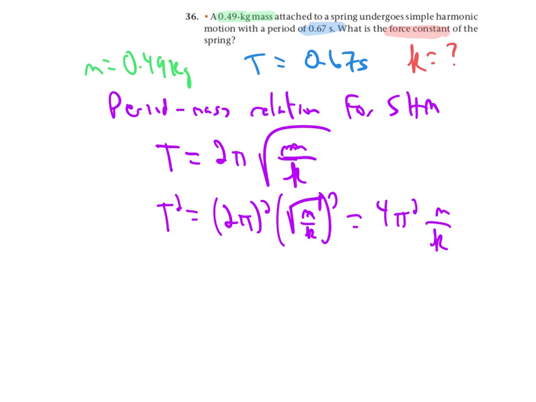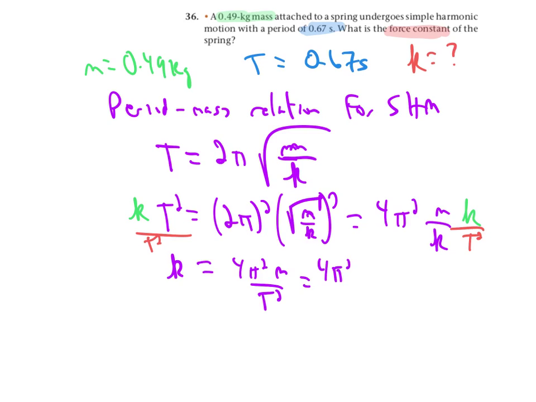And then solve for k, which means bring k up, right? Multiply both sides by k, and divide both sides by T squared. And we end up with k equal to 4 pi squared m over T squared. 4 pi squared times the 0.49 kilograms over the square of 0.67 seconds,